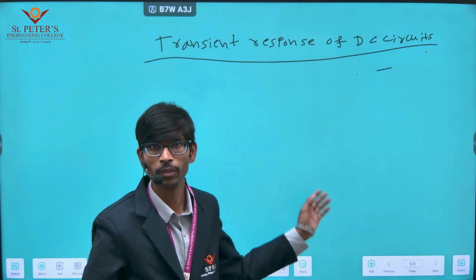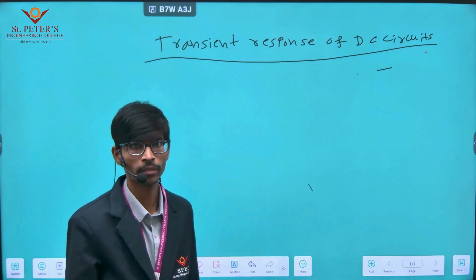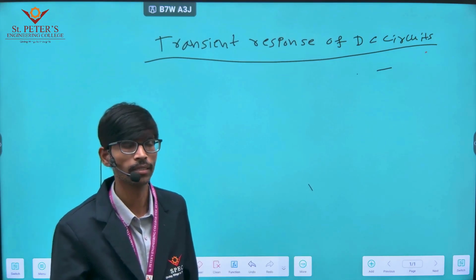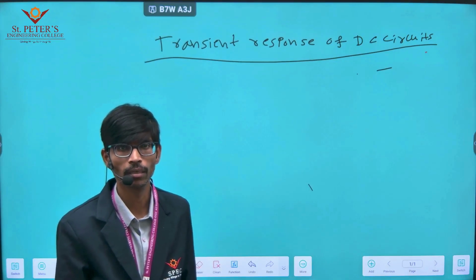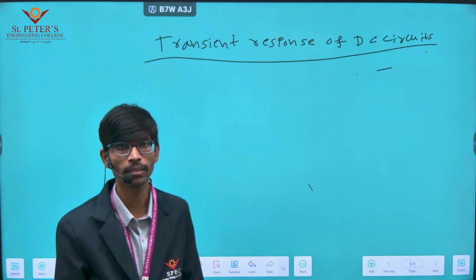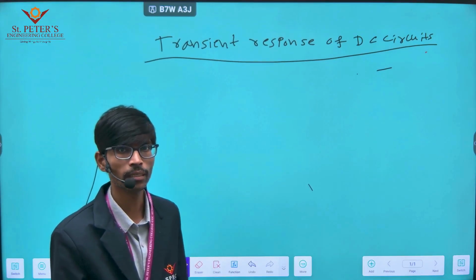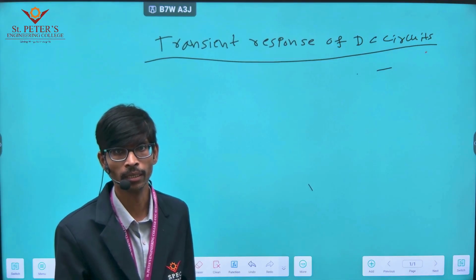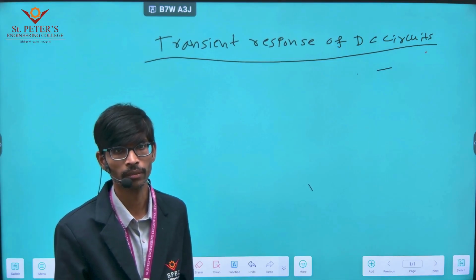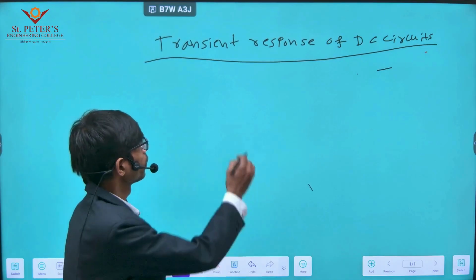Before going into the topic, we have to know what a transient is. Transient means a disturbance or surge that occurs in an electrical circuit. Because of the transient, how the voltages, currents and elements respond is called the transient response